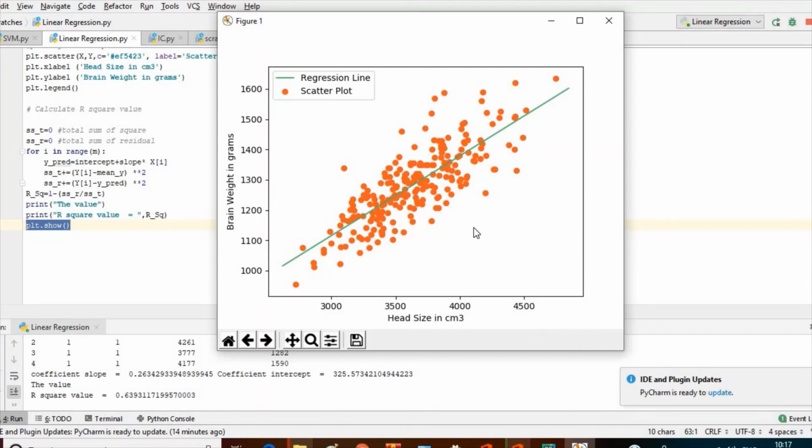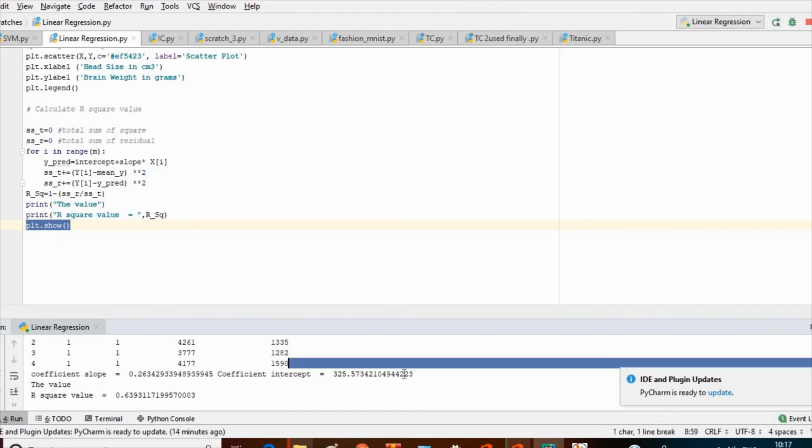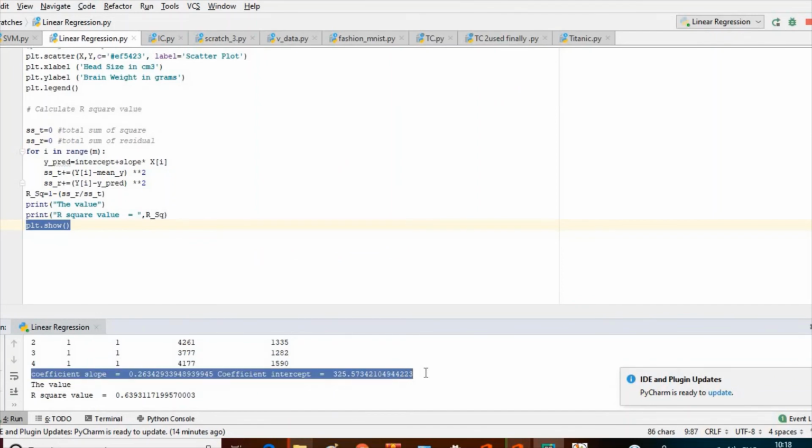As we move the mouse we get different values, and here we can see the value of the slope as well as the value of the intercept. On the basis of the formula we put in the code, the r square value has been determined and it is 0.63.